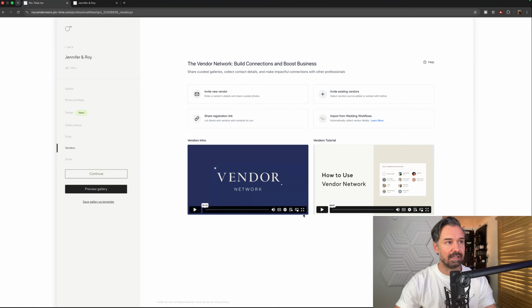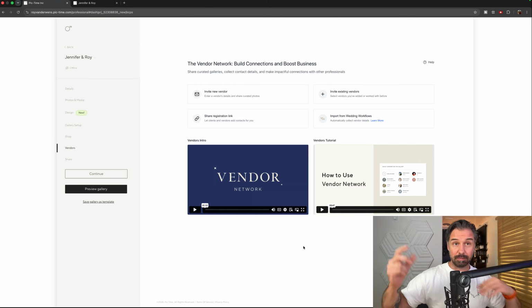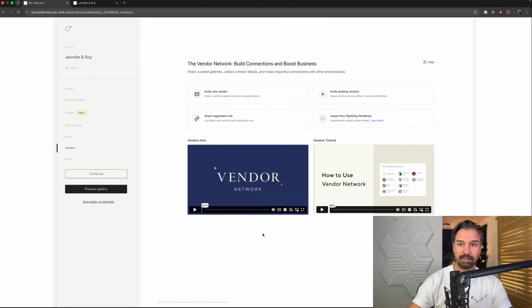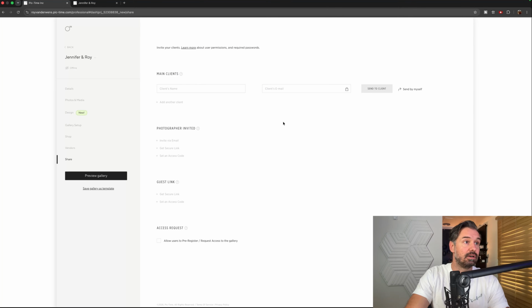Now, you can add vendors, which is fine, because I think adding vendors is very smart, especially for your business. If everybody can see your photos, download them, use them, you can add, of course, a little disclaimer of how they can use it. So that's really cool. And you can share your photos with the guests. You can create secure links. That's all great stuff.